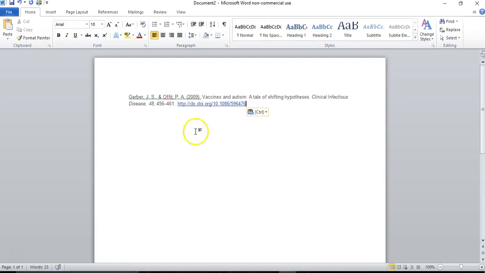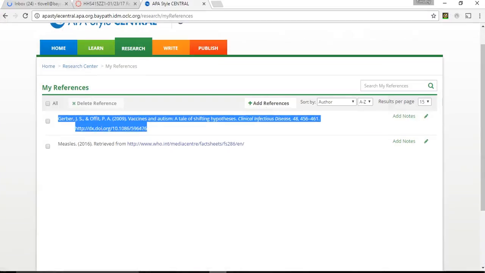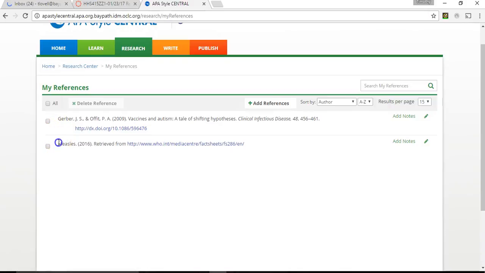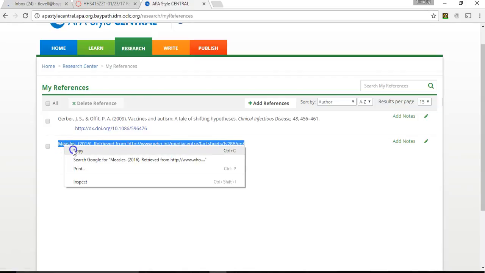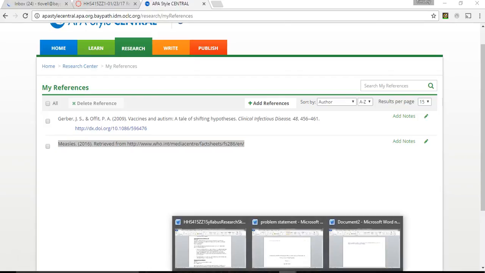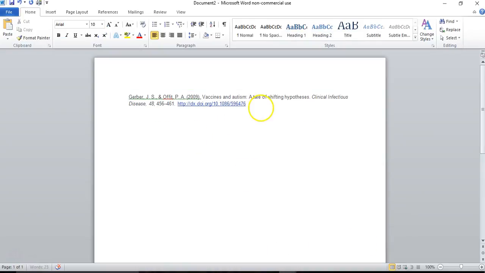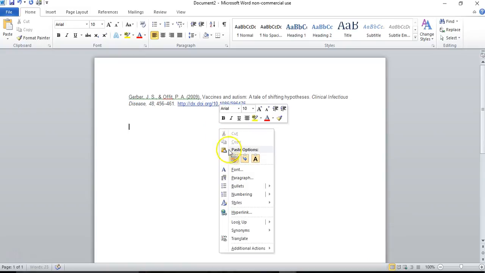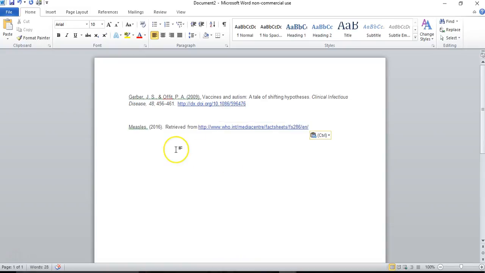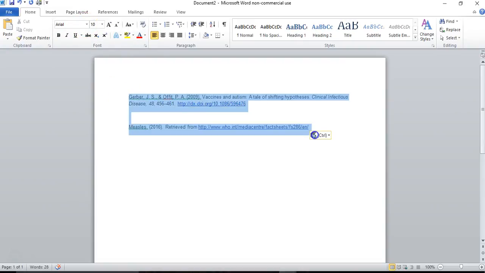And we'll keep source formatting. And we'll do the second one. Again, source formatting. So now they're on your document, but remember you need hanging indent and you need either Times New Roman or Courier. So what you're going to do, highlight all of it, go up here, and here's a